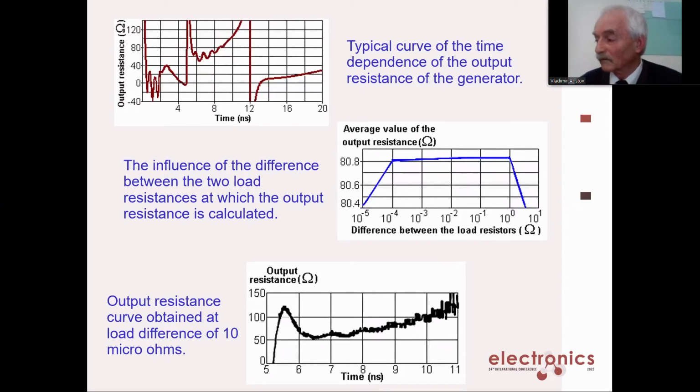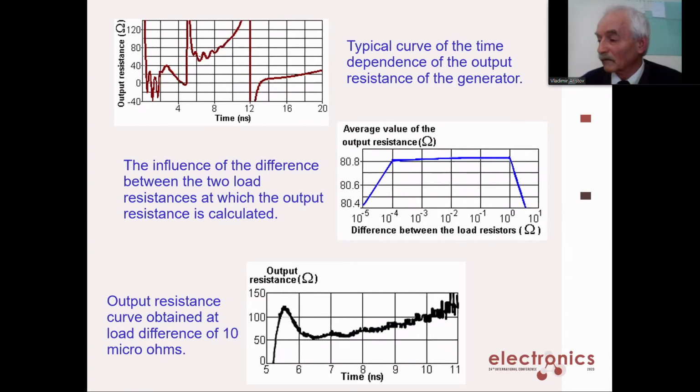Most practical and convenient is to use the average value of the output resistance curve at an interval less susceptible to abrupt changes due to transients, as previously stated. To minimize the influence of the difference of load resistors in calculating the output resistance, we should decrease this value. Carrying out experimental calculations helps determine the boundaries of permissible differences. The calculation results are shown in the lower slide.